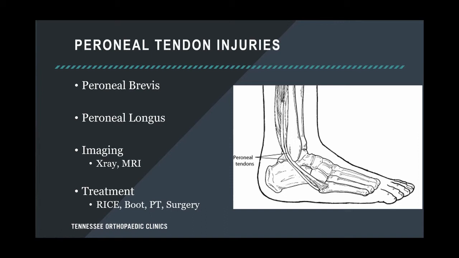These can commonly be injured when you sprain your ankle. You have two big tendons that run back there that pull your ankle and foot outwards. You have your peroneal longus and peroneal brevis tendon. The peroneal brevis tendon is the tendon that